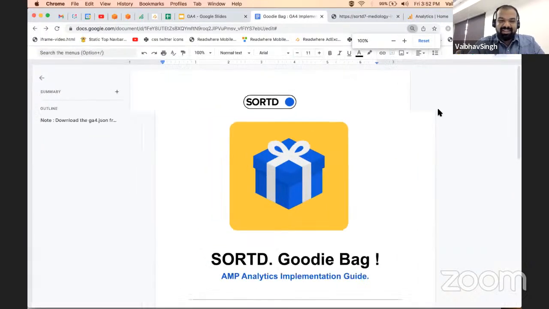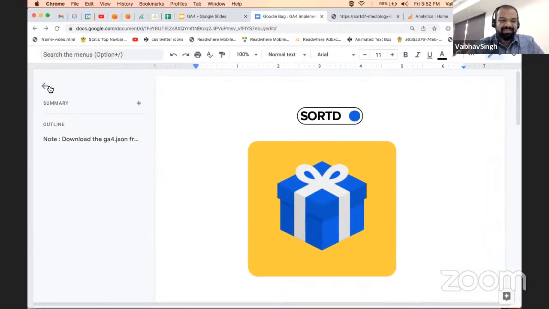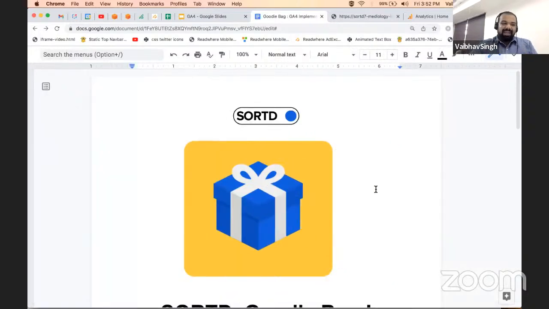I'll zoom in the screen a bit so that the implementation is visible to everyone. Now, on AMP, there are certain restrictions which we have seen already. On AMP, we cannot put any script and be carefree about it. Any third-party script which is not permissible inside AMP guidelines could cause errors and could lead to a traffic downfall also. So we need to be a little precautious about how we implement it inside AMP. Keeping all those vectors in mind, we have given you in this goodie bag a one-click implementation of GA4 on AMP Analytics.